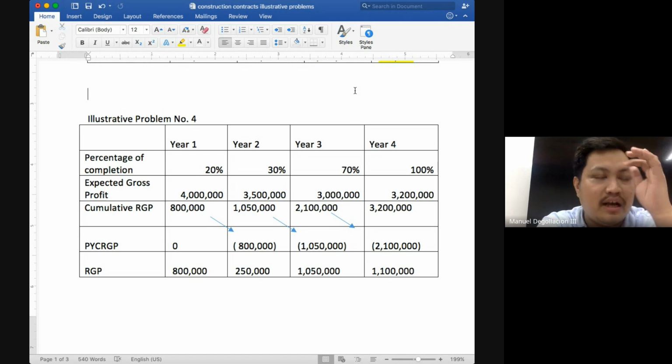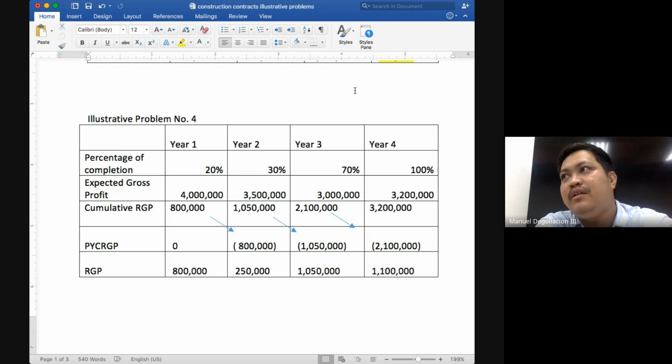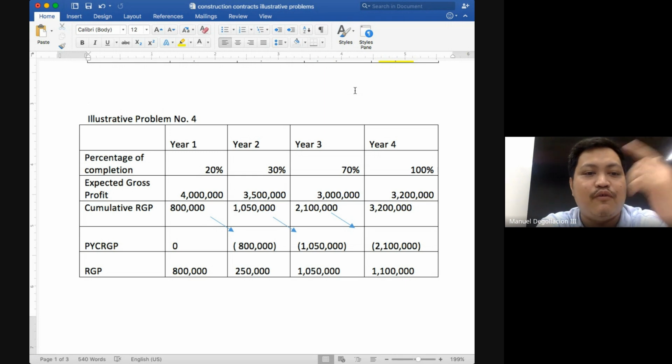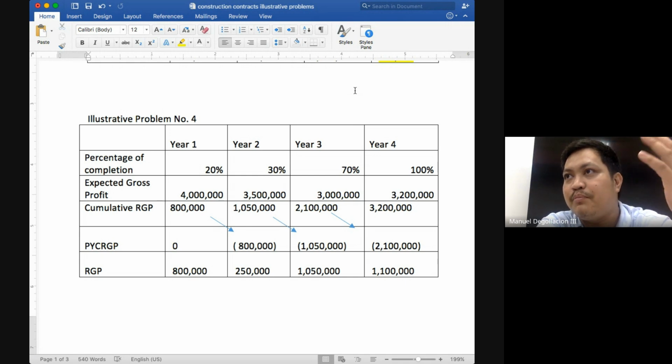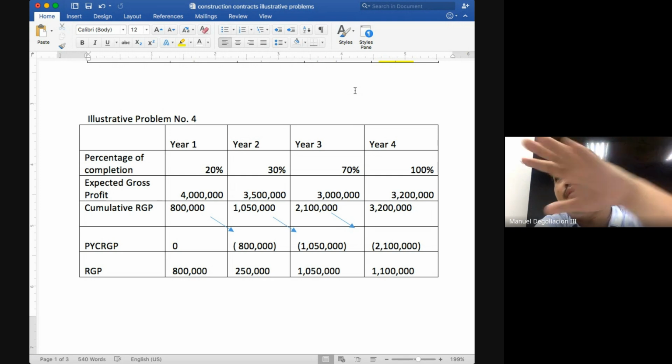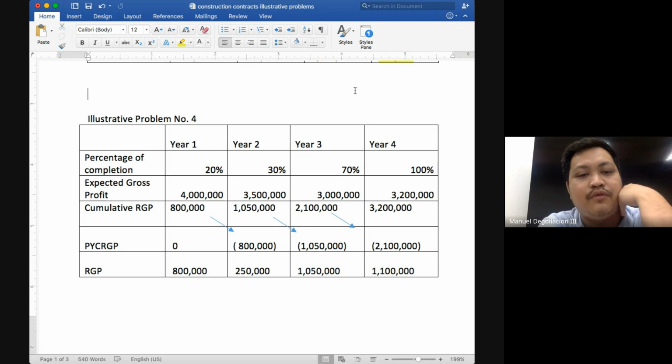And that's why I wanted us to have the basic problems first. Okay, before we have the difficulty from solving the percentage of completion, from solving the expected gross profit, I want you to know the procedures already so that we can focus on the different ways the problems can make it difficult for you. Okay. I thought we'll be able to finish all the problems tonight. We'll end here. We'll continue this on Monday.